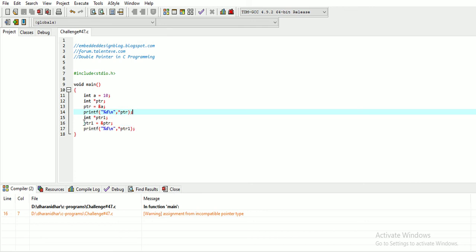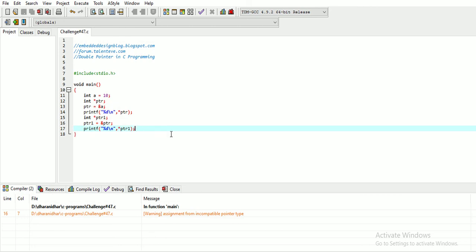So if we understand the definition and write a simple program as a beginner, we can say ptr1 is also a double pointer. But when you try to access the data contents using star ptr1, you can access only an address, you cannot access the data, right?